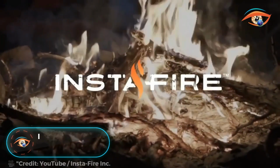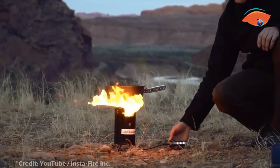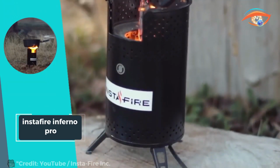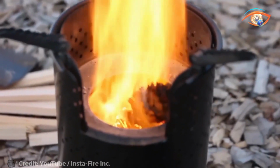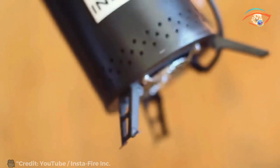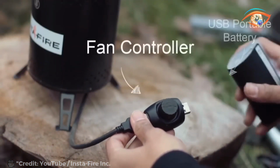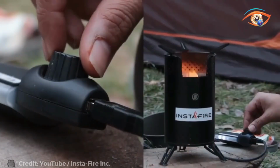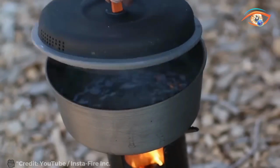Instafire Inferno Pro. The Instafire Inferno Pro outdoor biomass stove revolutionizes camp cooking. It's versatile, burning various biomass fuels like wood pellets, sticks, and even charcoal. With Instafire canned heat, it ignites swiftly and withstands 30 miles per hour winds, ensuring a reliable flame. Temperatures soar up to 1,200 degrees Fahrenheit, perfect for quick meals or boiling water in just 2 minutes with Firepucks